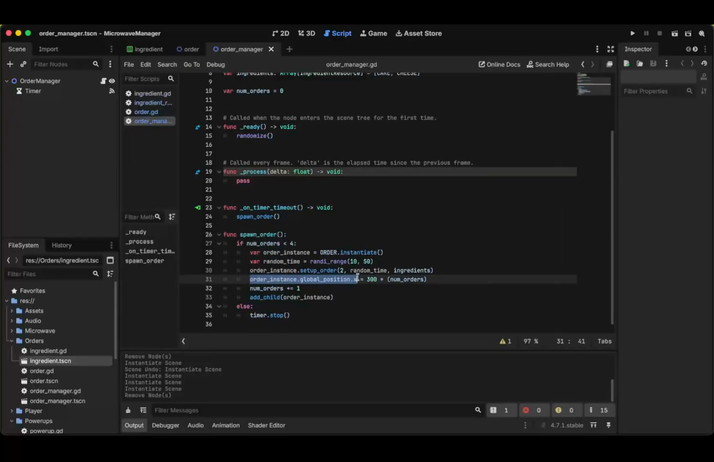We set the order instance to add 300 to the current X position. This way they don't stack on each other, and we multiply that by the number of orders there currently are. So if there's only one order, it'll be 300, but if there's two orders, then it'll be at X 600 and so on and so on. We increment our number of orders so that we can reach that 4, and then finally we add the order